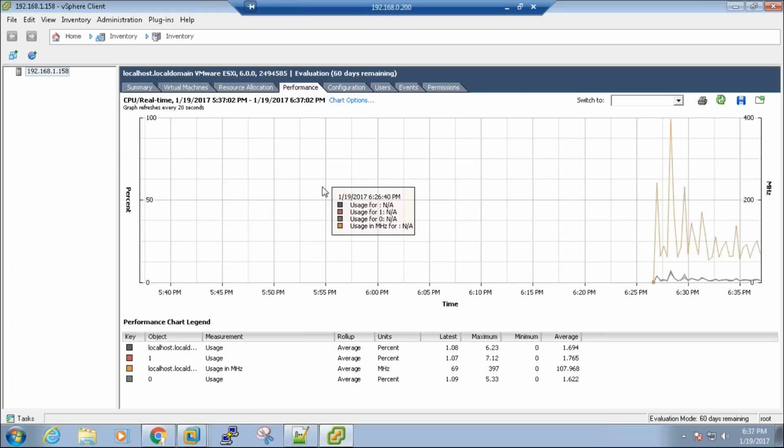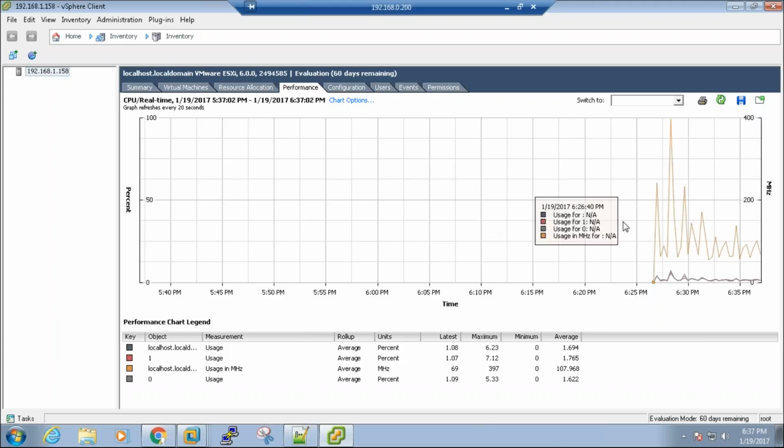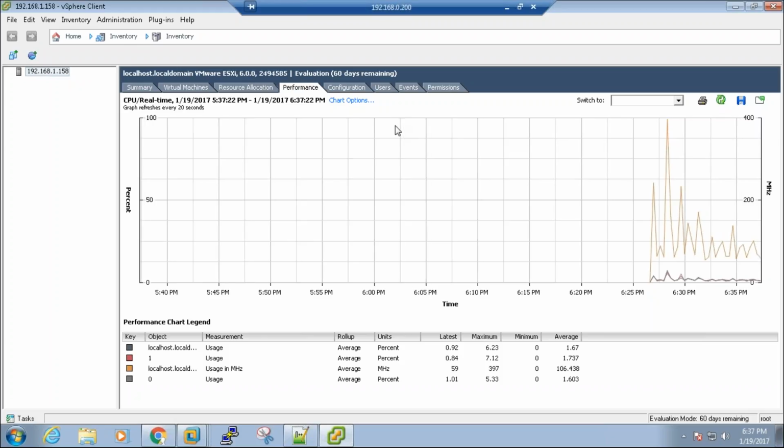A performance tab is similar to the Task Manager in Windows, wherein you can see the real-time CPU, memory, network, and disk utilization. If it is just the ESX server, yes, it is real time, but if it is in the vCenter server, you can see the historical data as well, meaning what the utilization of CPU was yesterday at 12 noon, or 1 month back at 12 noon, or 1 year back at 12 noon. You can see all that information because this data gets stored in the database. That is a different discussion altogether, and we will go there. For now, just understand that performance is a tab where you can see the performance related information.